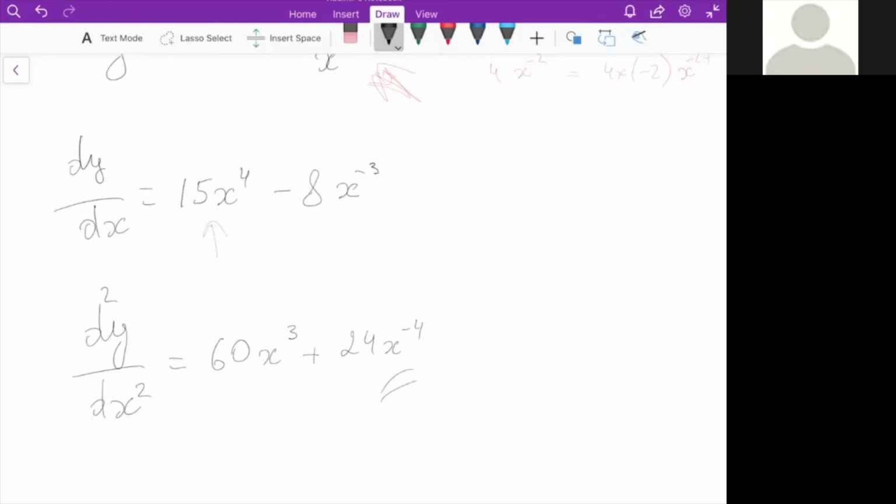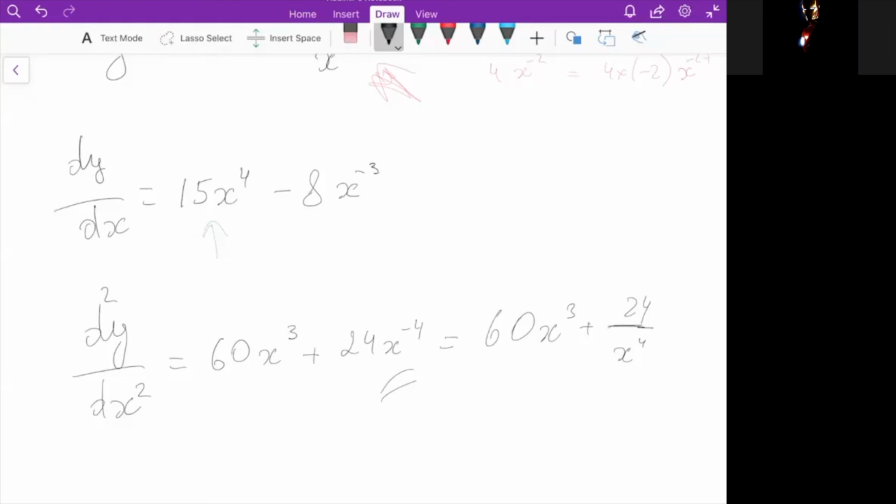You can change that back into the fraction just to make it tidier, or leave it like that. We can change it to 24 over x to the 4 just to get rid of that minus, which is the same basically. Very good. So that's that, and then we have a second